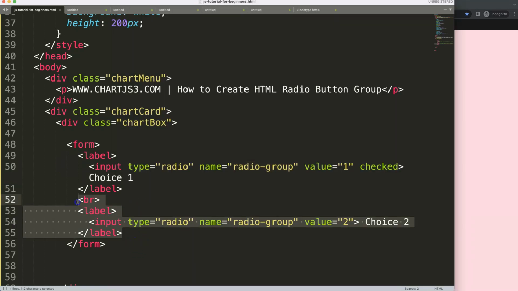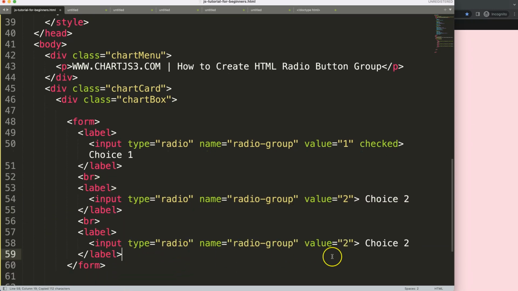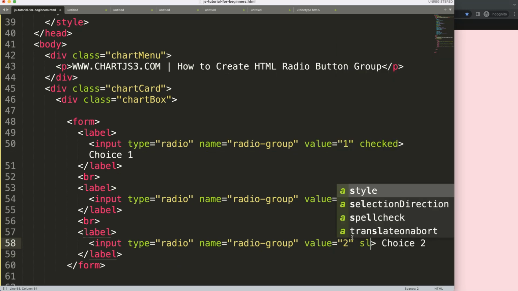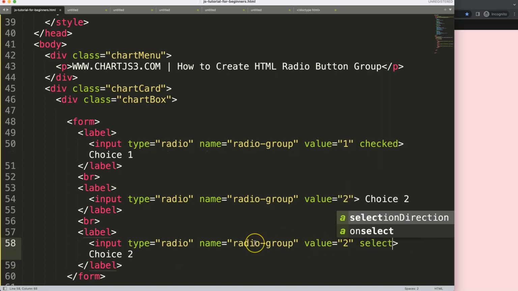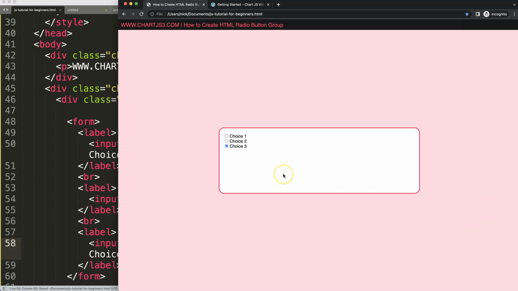So the next thing I want to do is copy this and duplicate this one more time, and I will just use the check, and you will see what will happen. I'll make this value 3 and choice number 3, refresh, and as it loads, it will move the selection from number 1 to number 3, because we are only allowed to select one of them,